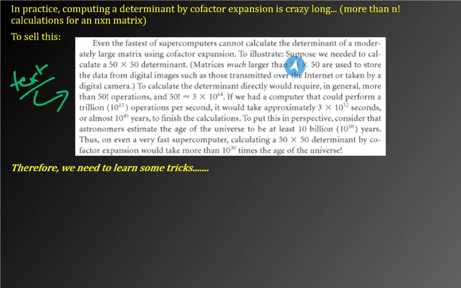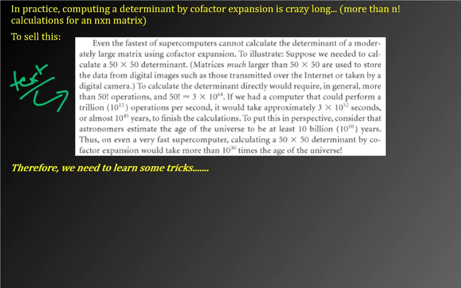And you could easily run into 1,000 by 1,000 or some sort of square matrix like that. 50 by 50 is honestly fairly small in the scheme of things. So this is not even that big, okay? But even for that one, it requires more than 50 factorial operations, and 50 factorial is this 3 times